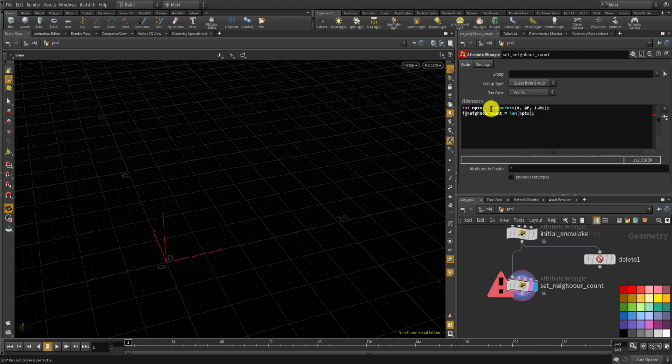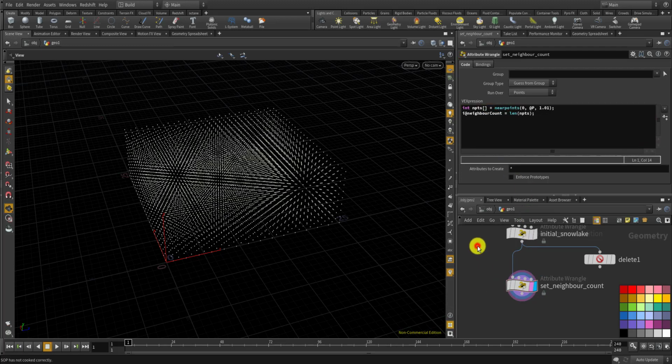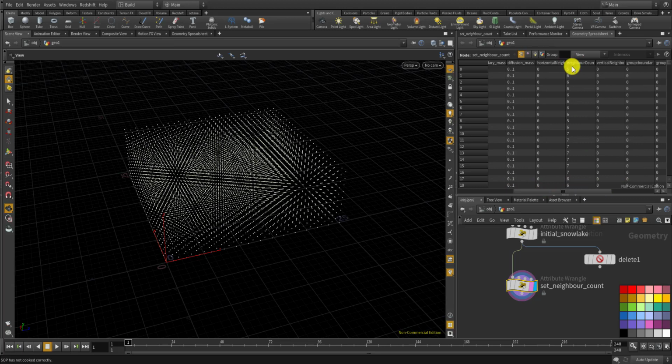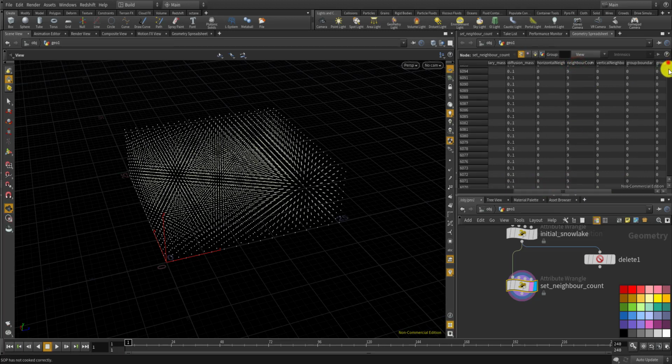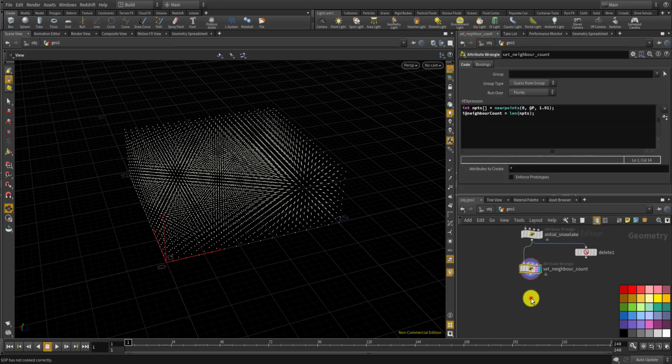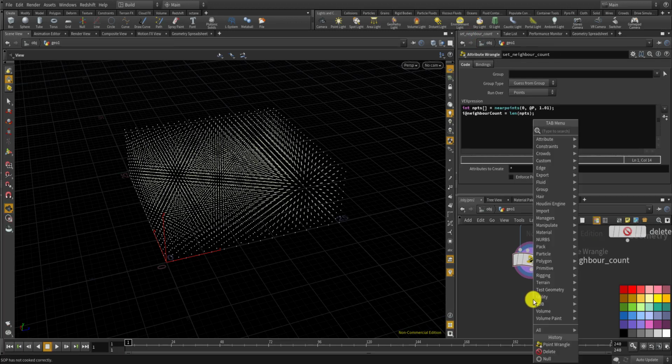Now, if you look at the geometry spreadsheet, you'll have an attribute called neighbor count, and you see most of the points are 9, but some are 7, 6 or 5, and for numbers that are not 9 you don't want to run the calculation for diffusion or the boundary mass, and you've got to make the whole process more consistent. Okay, now that's all for the initial setup, and here comes the fun part, the solver,